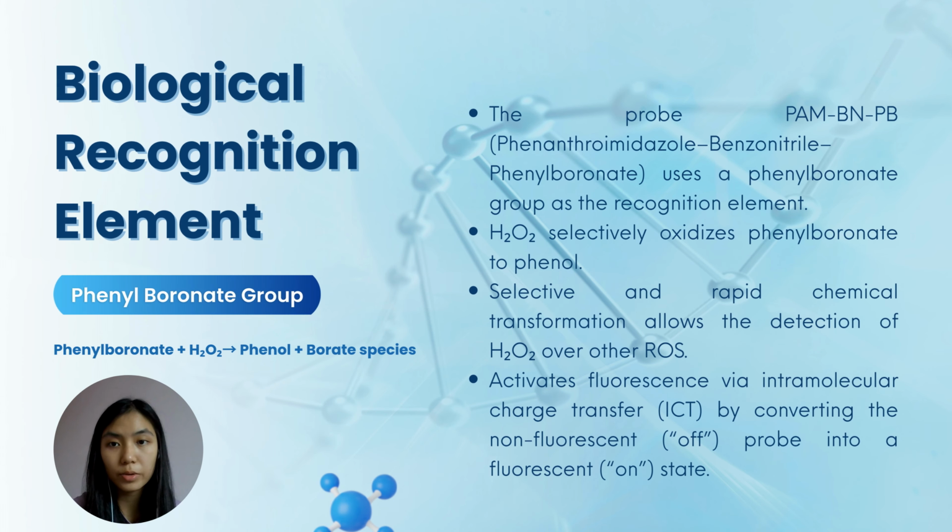The biological recognition element is the phenylboronate group. We can see the reaction here: the phenylboronate reacts with hydrogen peroxide and transforms into phenol and borate species. The probe is called phenanthroimidazole benzonitrile phenylboronate, so they use the phenylboronate group as the recognition element. Hydrogen peroxide selectively oxidizes the phenylboronate into the phenol. This is a selective and fast chemical transformation that allows the detection of hydrogen peroxide over the other